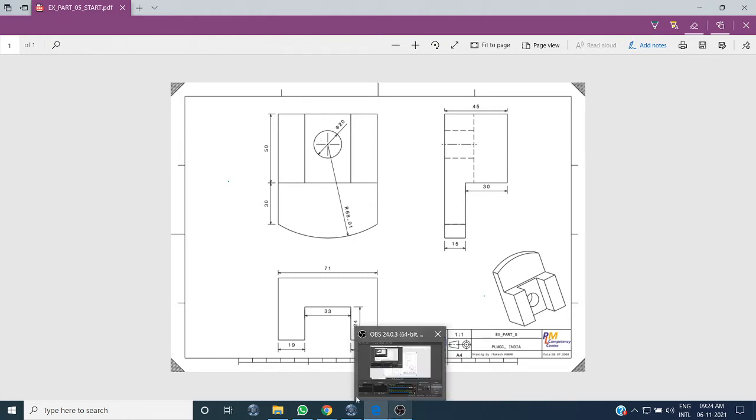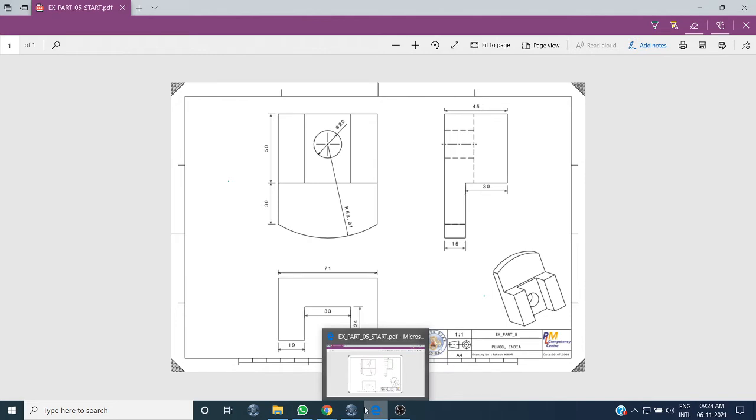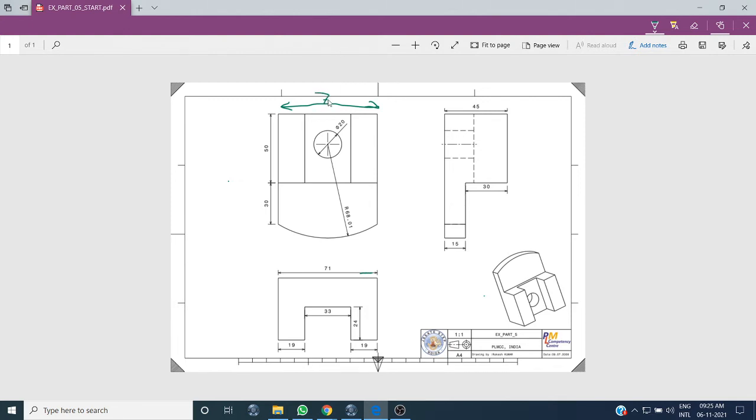So we will take two lines, and here the horizontal line is 71. You can see this line is similar to this line, so 71. And the pad is 45.